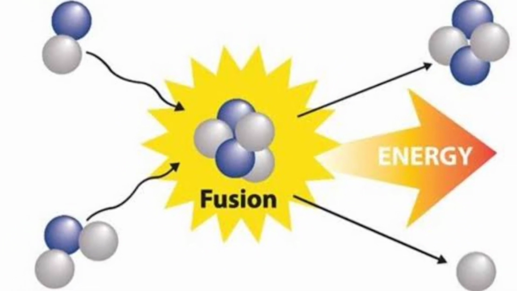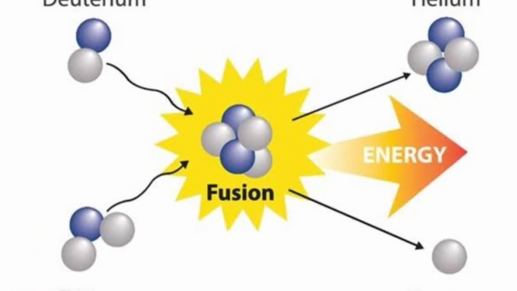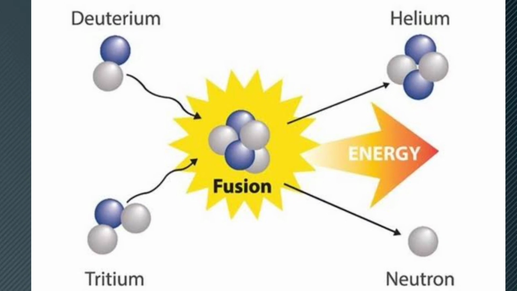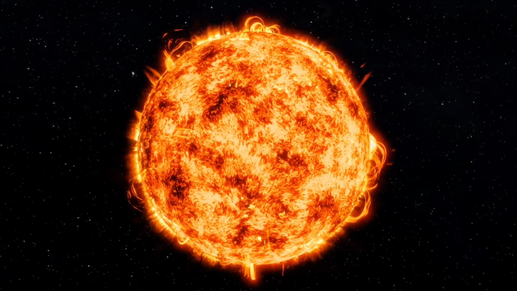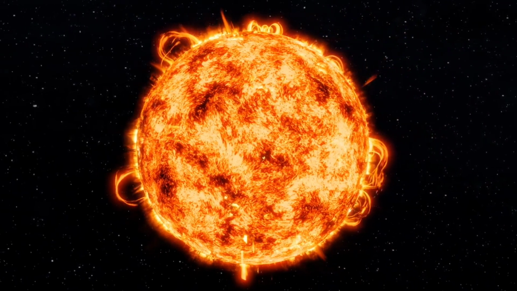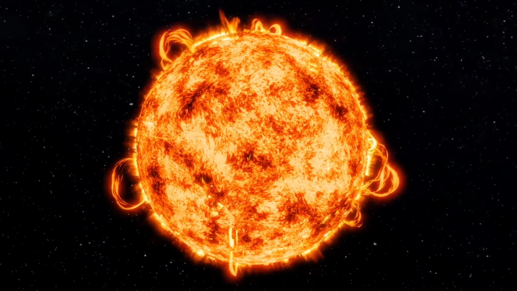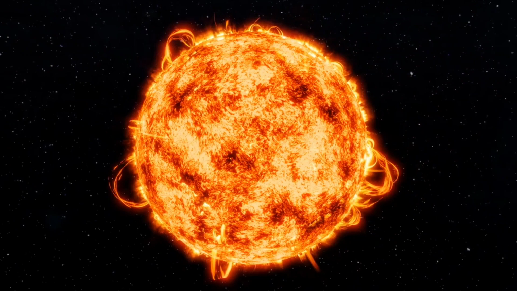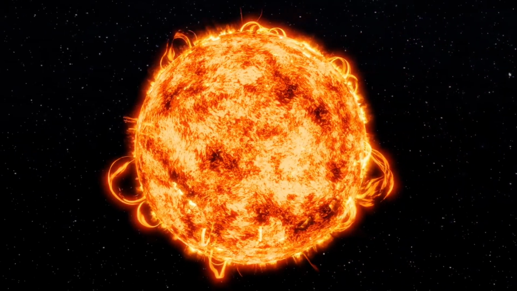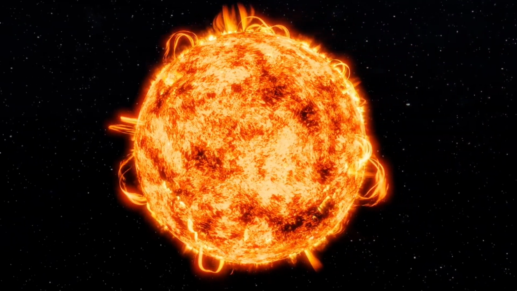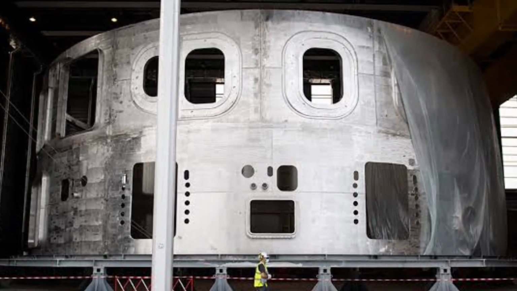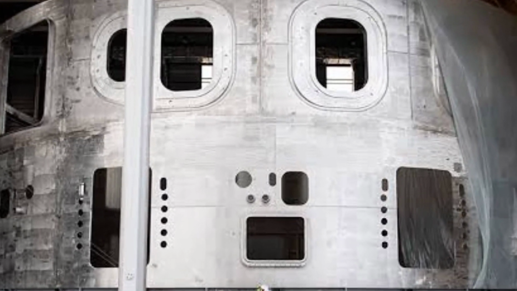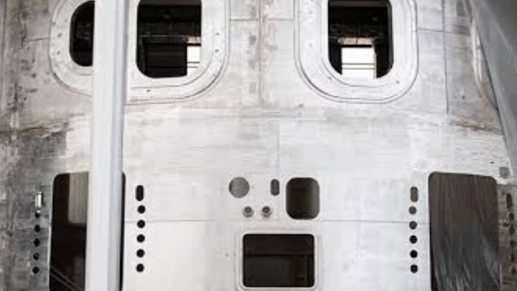The fusion process begins with hydrogen nuclei, also known as protons. The simplest fusion reaction involves the fusion of two protons to form a helium-2 nucleus, also known as a diproton, along with the emission of positrons and neutrinos. However, this reaction is extremely rare due to the inherent repulsion between positively charged protons. To overcome this repulsion, extremely high temperatures and pressures are required, such as those found in the core of a